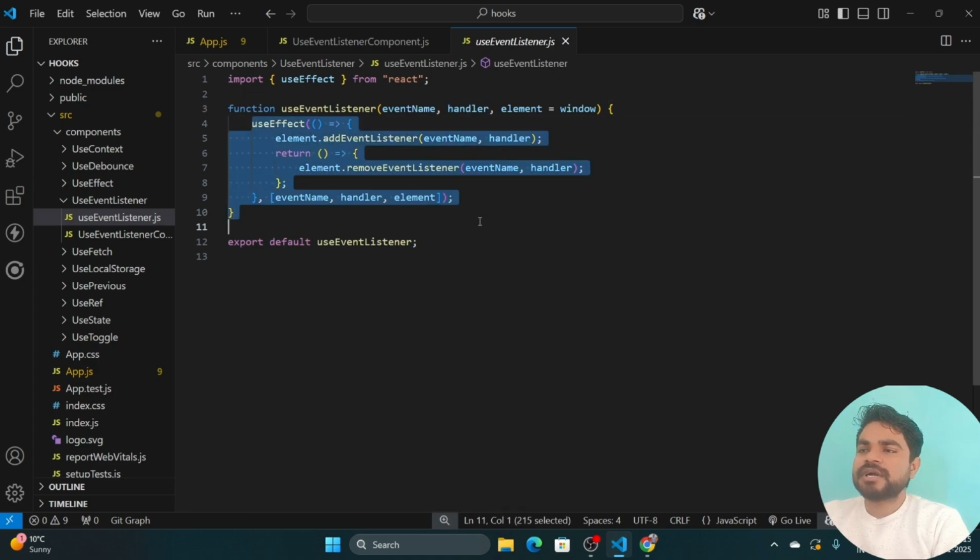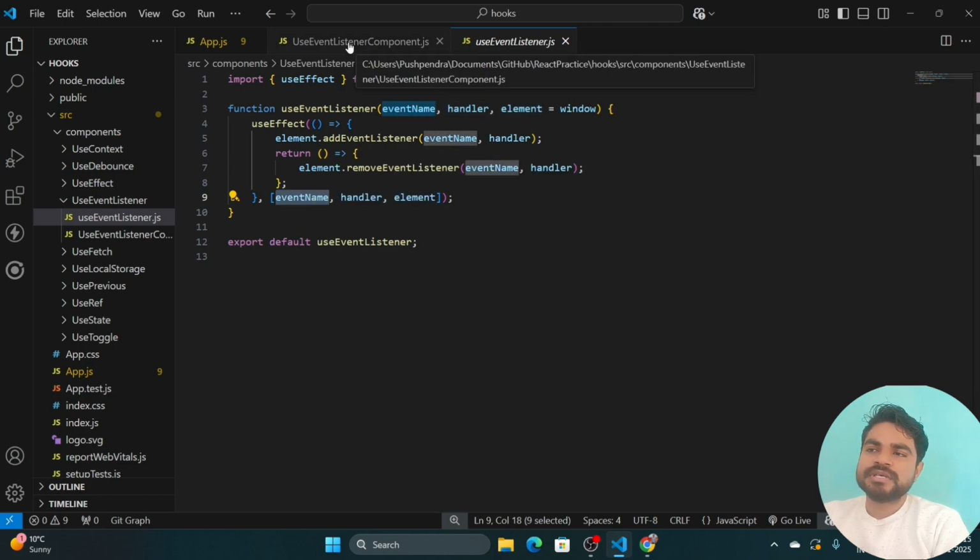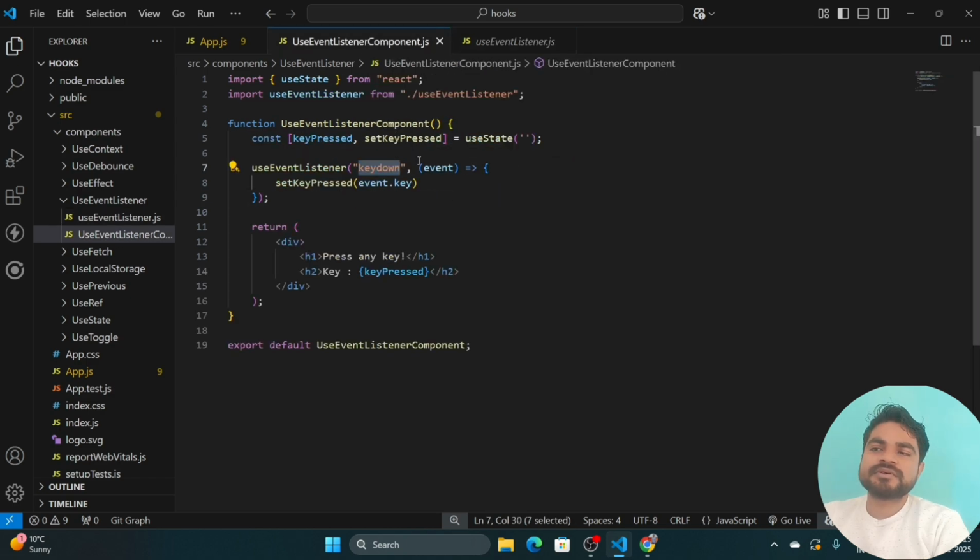Inside the useEffect we pass these in the dependencies. First is the event name, which in the current scenario will be key down, and the handler will be the function we want to handle the event with. Here we want to take event dot key and set it in this state.